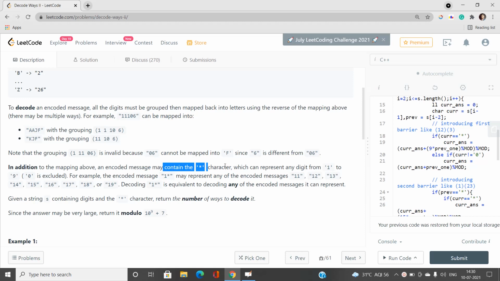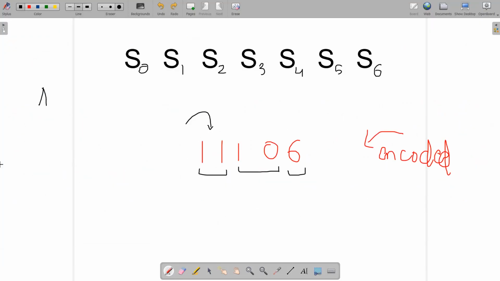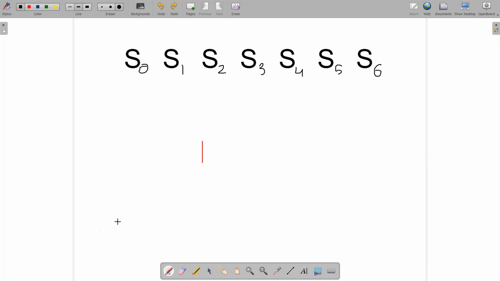You can easily see over here. So if it is a star character, it can represent any digit from 1 to 9. Note that 0 is being excluded. Now, for example, if it is 1 star, let me change the color over here. If it is 1 star, you can see that this character can be any digit lying in the range 1